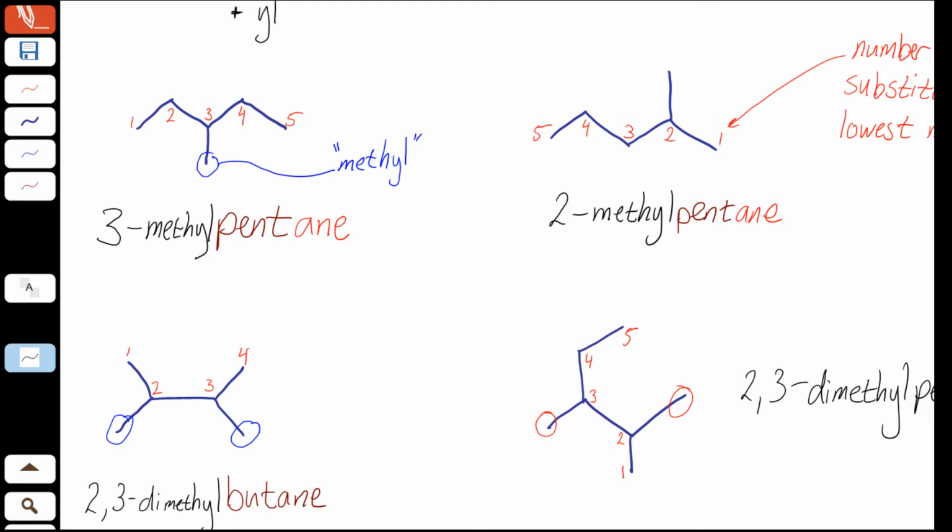All right. So far in all these examples, we've used methyl, this 1 carbon group coming off. But of course, there's lots of different things that can be coming off. So let's take a look at some other examples of things that might be hanging off of our main chain. We'll make a little table of the name and then the shape and kind of how it connects. So we'll say